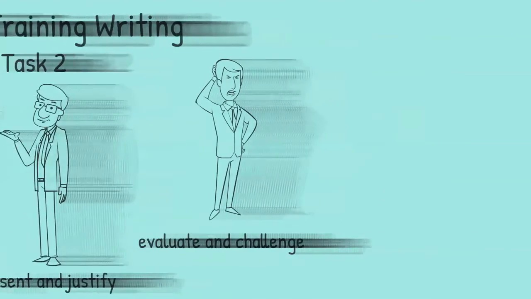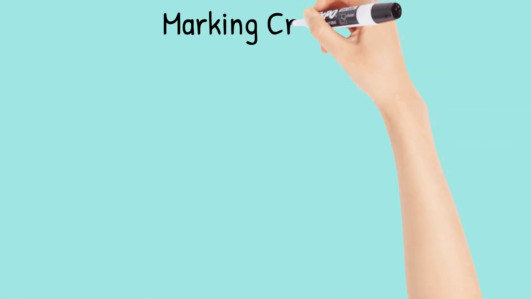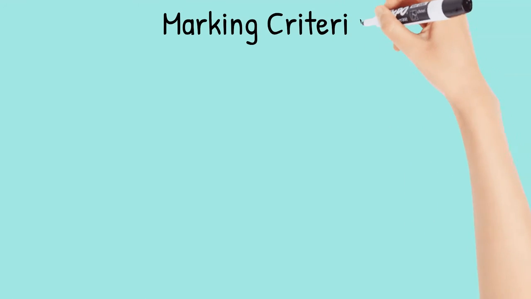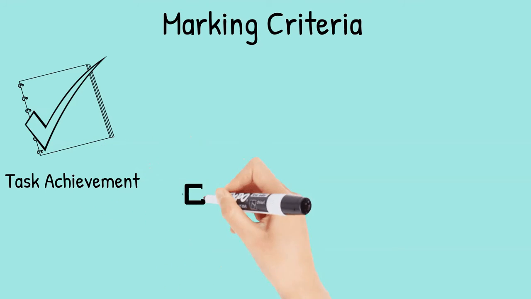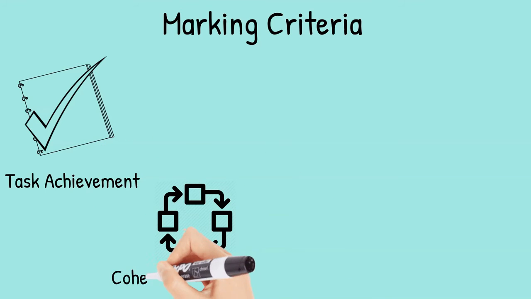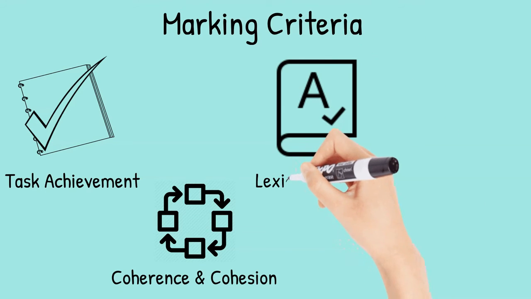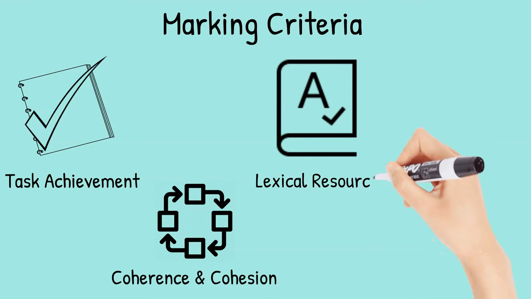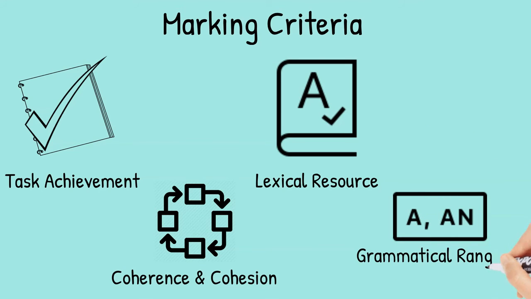As with the other 3 sections of the IELTS exam, like speaking, reading, and listening, the IELTS writing test is marked according to 4 criteria. These are task achievement, which is an appropriate response to the task; coherence and cohesion, which is the ability to present a well-structured essay; lexical resource, the ability to use a range of appropriate vocabulary and to use it correctly; and finally, grammatical range and accuracy, which is the ability to use grammar correctly and to use a range of grammar forms. Each of these carries 25% of the marks.